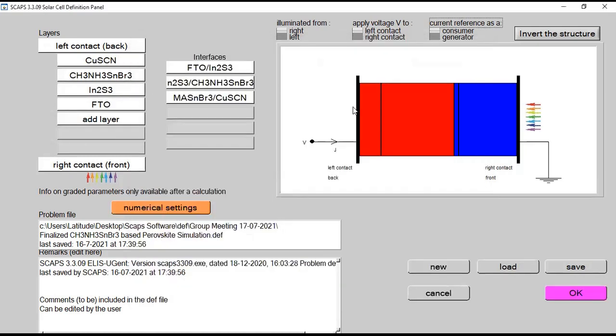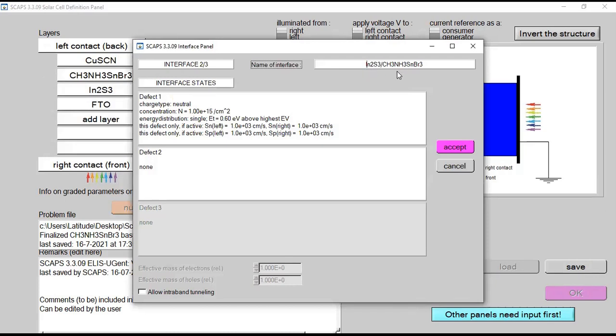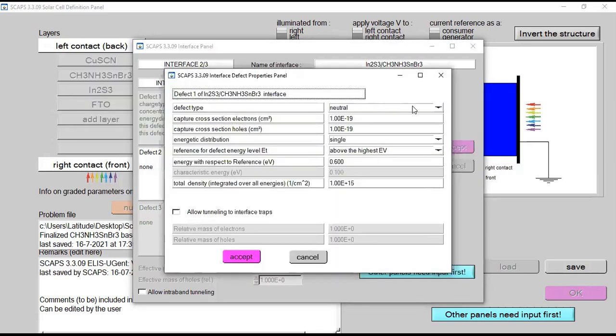And the most important thing is the interfacing layer between ETL and perovskite. It is a very important interfacing layer. You can set defect type neutral, and once again the cross section of electrons and holes. It purely depends upon architecture and parametric values. Either you can keep minus 13, minus 14, 15, and you can also perform analysis by increasing your cross section electron value and hole value. What is the impact on power conversion efficiency, fill factor, and other parameters? So it can be very helpful in analyzing the impact of the cross section of electrons and holes on my perovskite device.